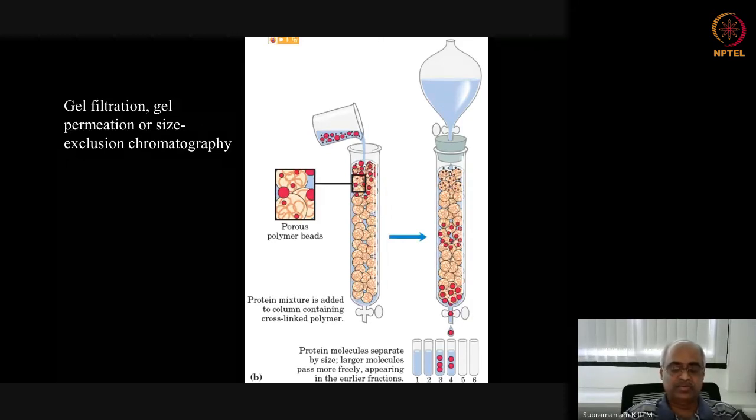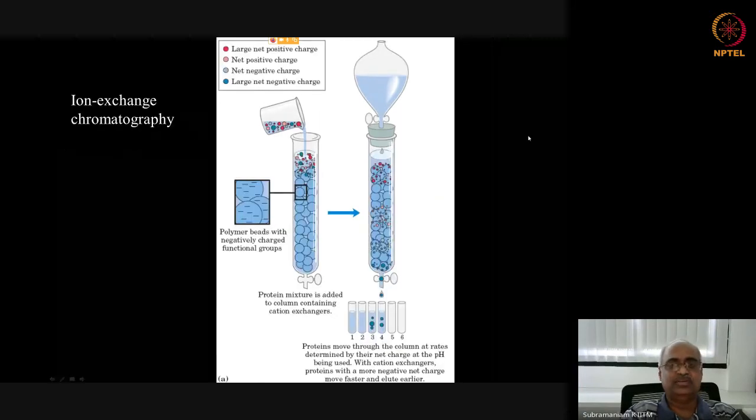Another thing I want to mention is that not one technique is sufficient to totally purify a given protein. So these are used in combination. For example, a desirable fraction from ion exchange chromatography may be loaded on a gel filtration chromatography for further separation. For example, you might have two different proteins of similar